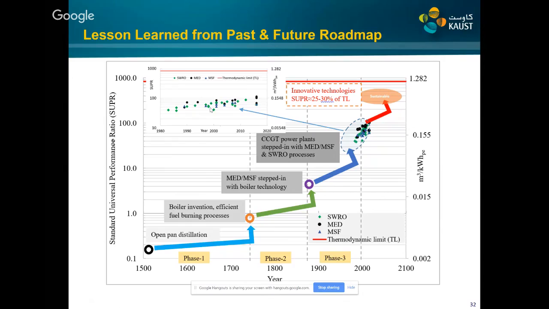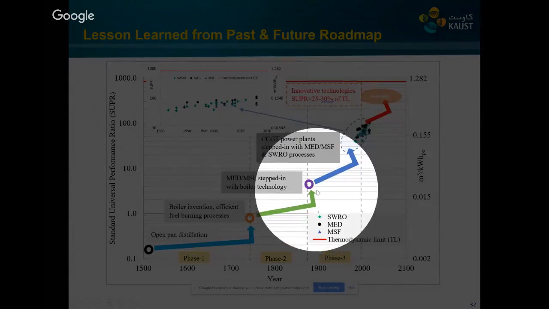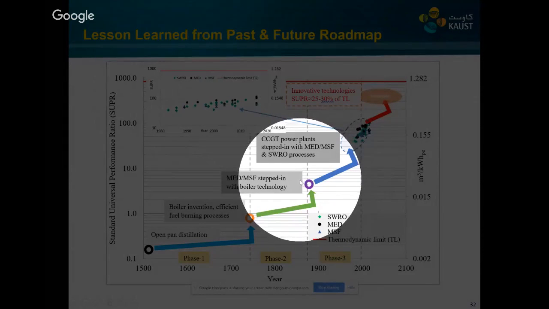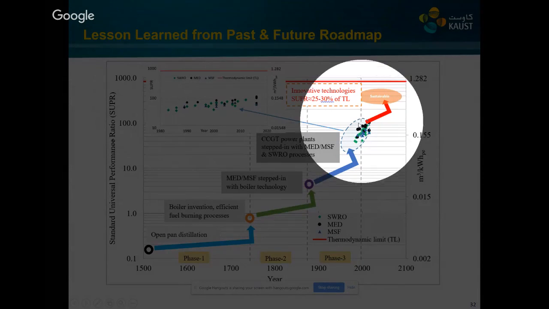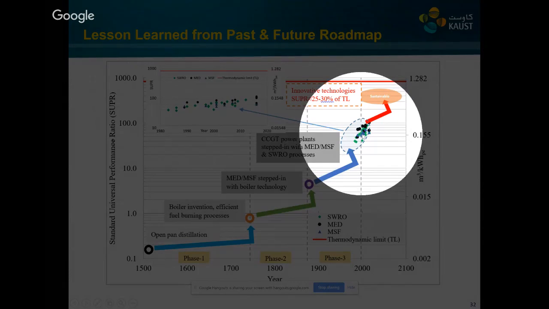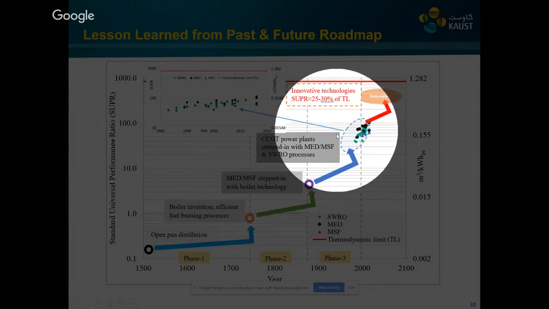We can learn the lesson that without changing the technology we cannot get a high performance improvement in the process. In other words, improving the material or the process can only give a marginal change in performance, as we can see since the 1980s. We are now at the verge of the point where we need to change the technologies. We need to come up with out-of-the-box solutions to get another jump to achieve the sustainable desalination zone. This is the lesson we learned from the past.